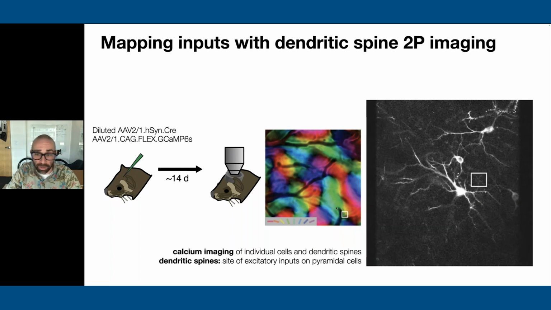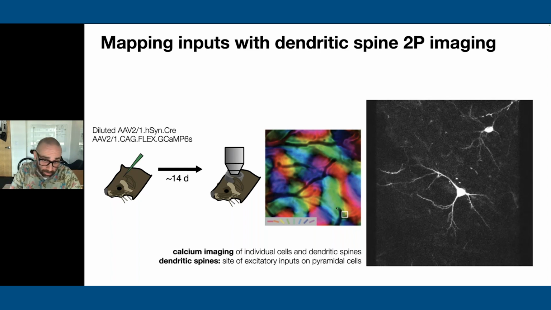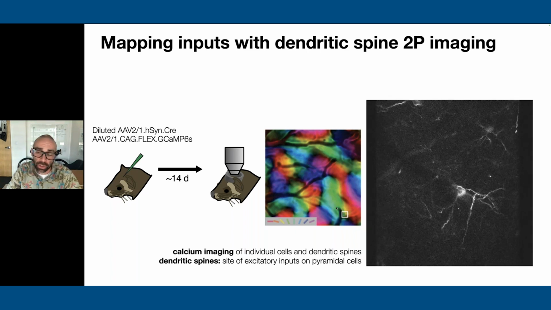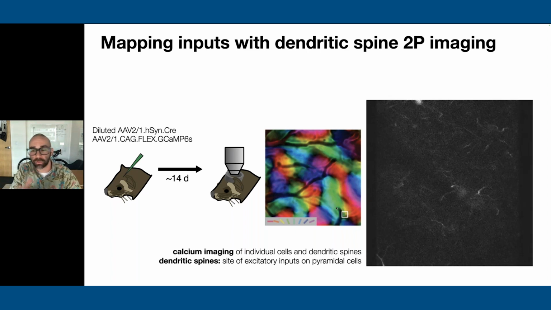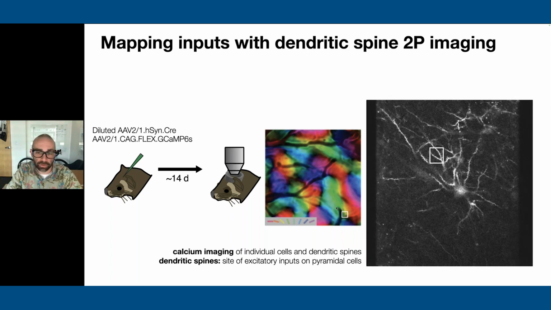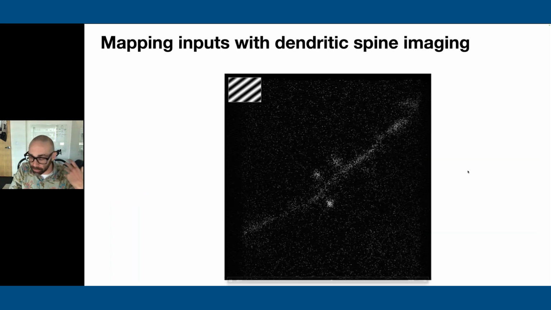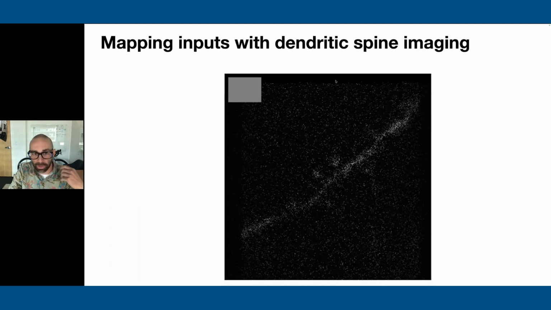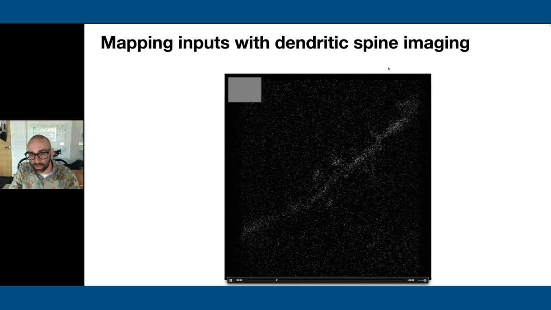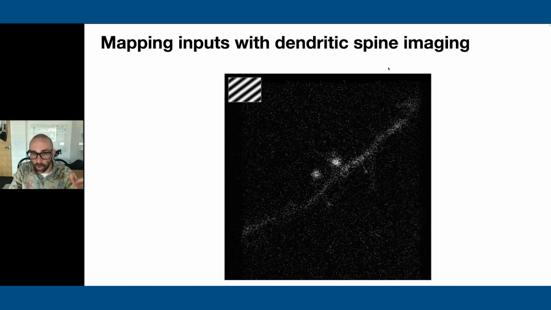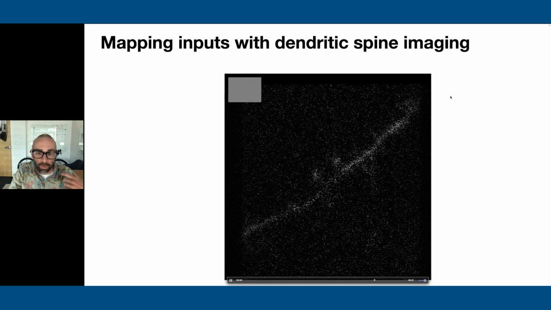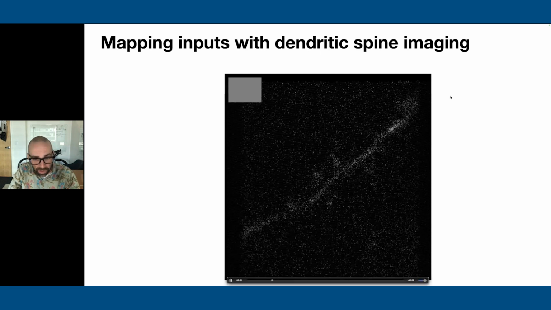For like 10 years, I basically spent a lot of time in my postdoc lab, David Fitzpatrick, trying to understand the excitatory networks within cells. So I did a lot of this spine imaging, and this is just an example of what spine imaging looks like. I'm sure maybe many of you have seen this kind of data before, but basically by presenting different visual stimuli to the animal or recording from a small compartment on an individual cell, we can see small isolated events,